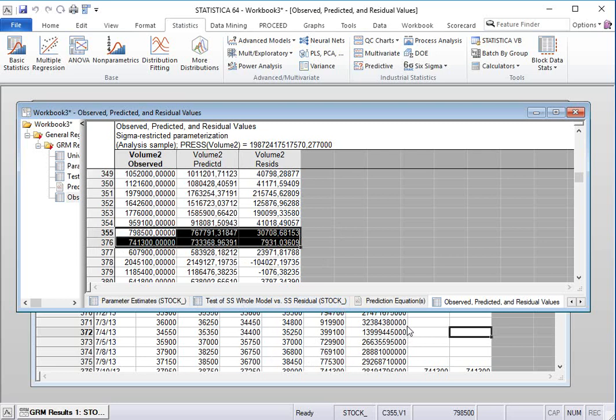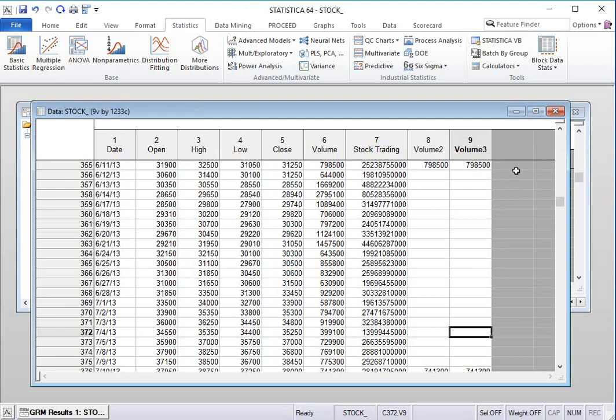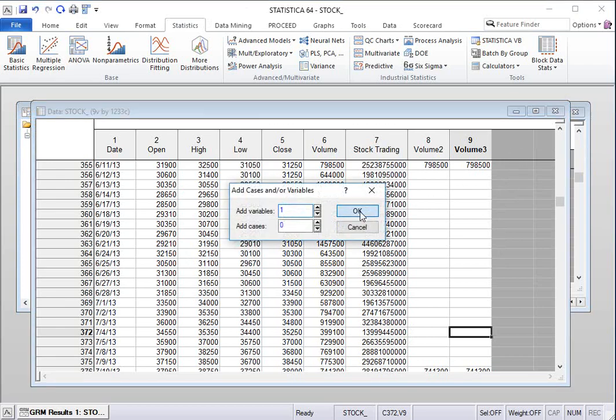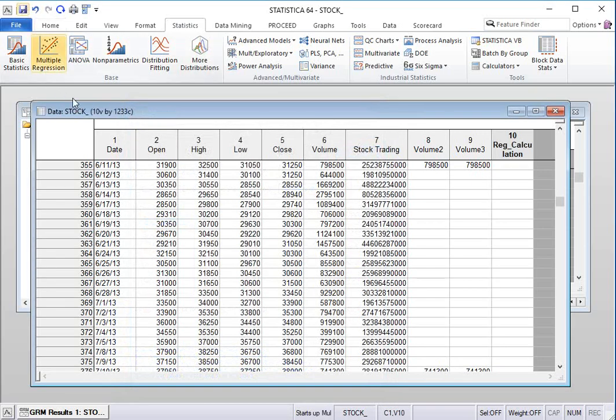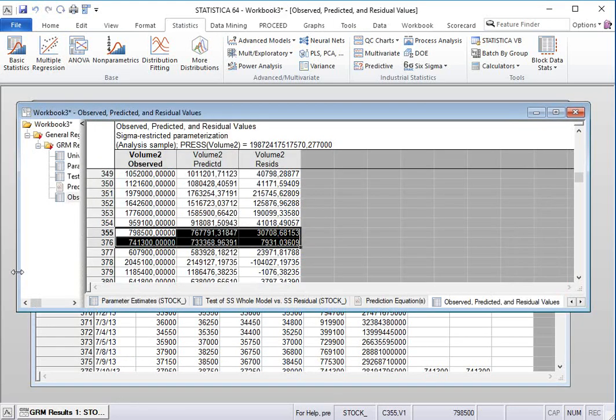So, I'm going to create a new variable just to recalculate the volume 2. I do the same, just double click here and then okay, I give a new name. Okay, let's say regression calculation, just the short version, recalculation, and click on OK. Okay, now let's go to the workbook. Let's go to the workbook equation page and